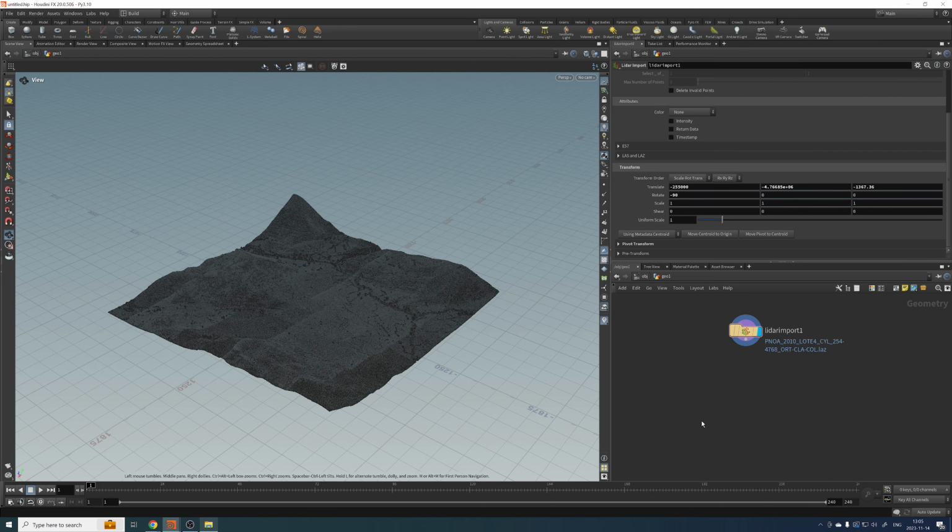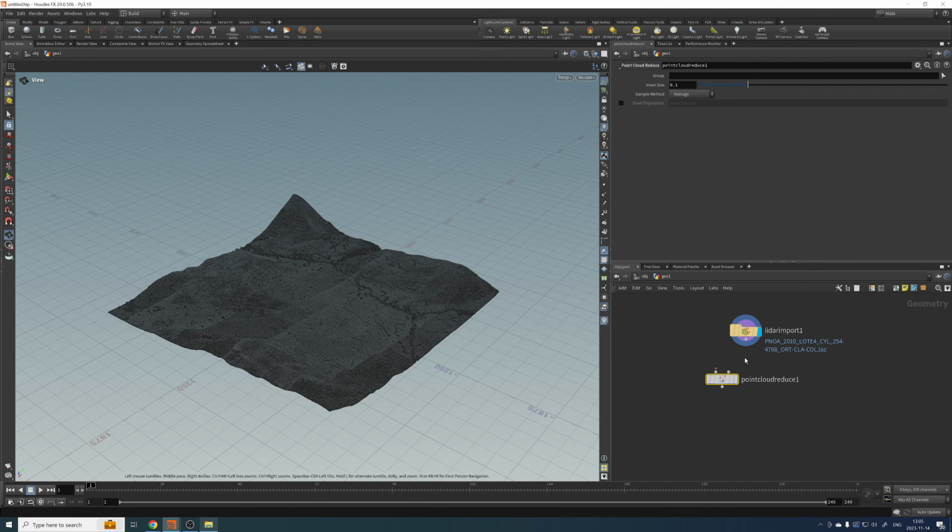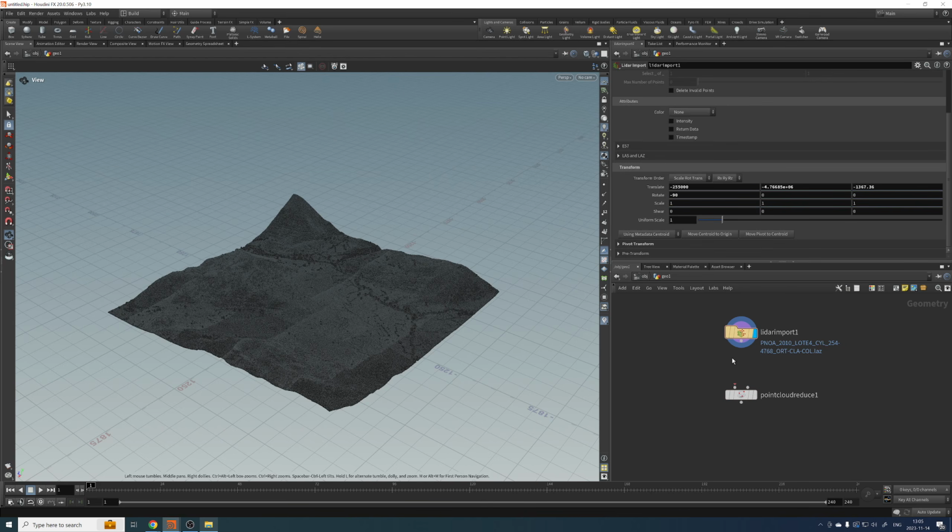But one of the tools they are shipping with Houdini 20 is something called point cloud reduce, which you can use for reducing the amount of points that you have. In this case, I don't think we need to reduce the point cloud, but anyway, just to show you how this works,